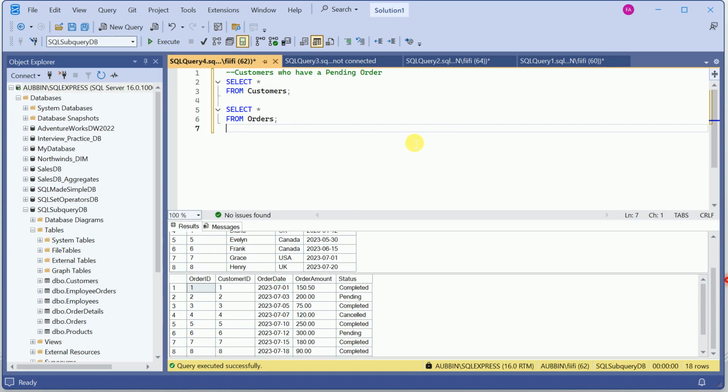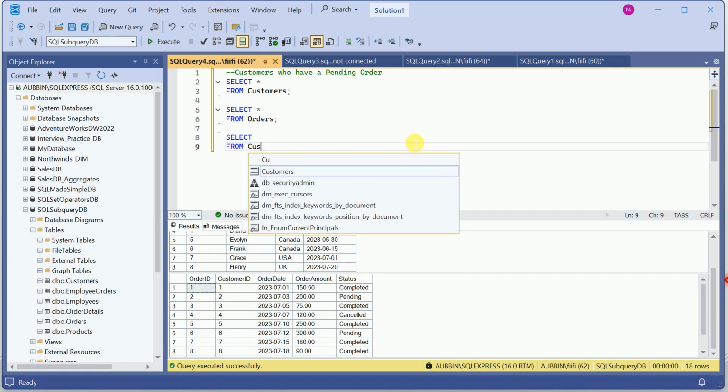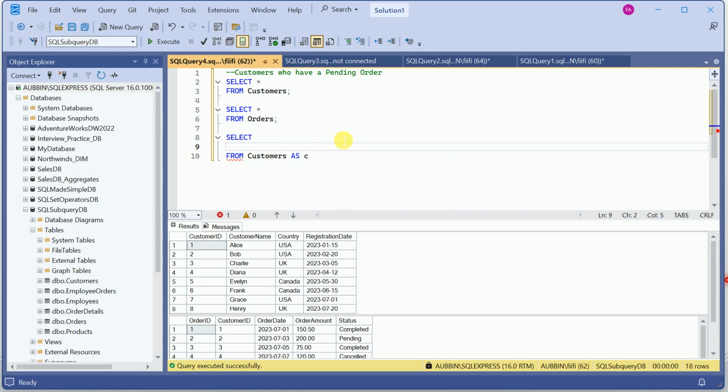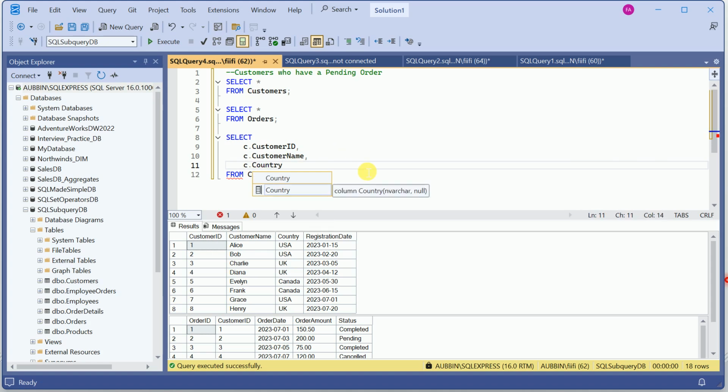So what do we do here? Select from customers as C, and what are we selecting from the customers: C dot customer ID, then C dot customer name, and C dot country, where